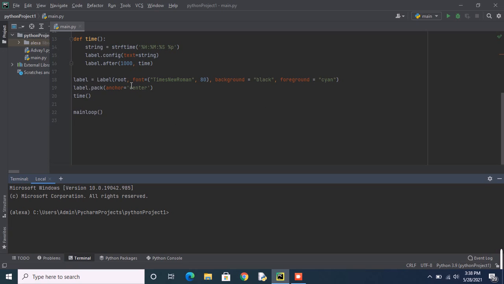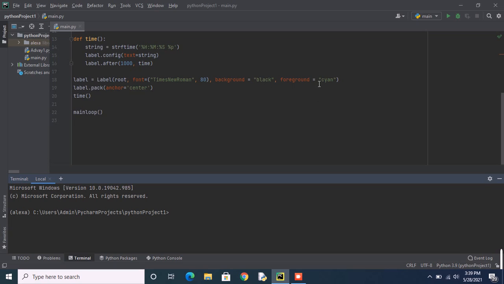Okay guys, in this line the root is telling that you can name the font as Times New Roman and give the text size, and you can specify the background as black, or you can change it to any color, but it must be covered in these, it must be highlighted.